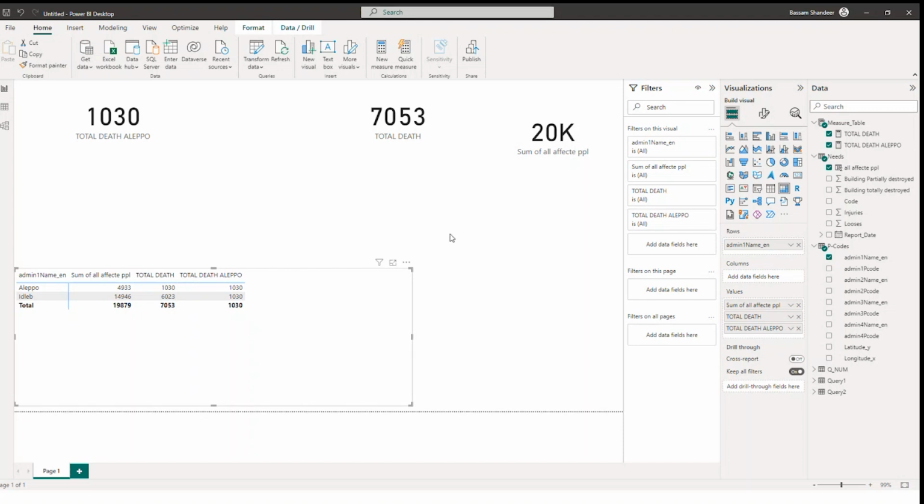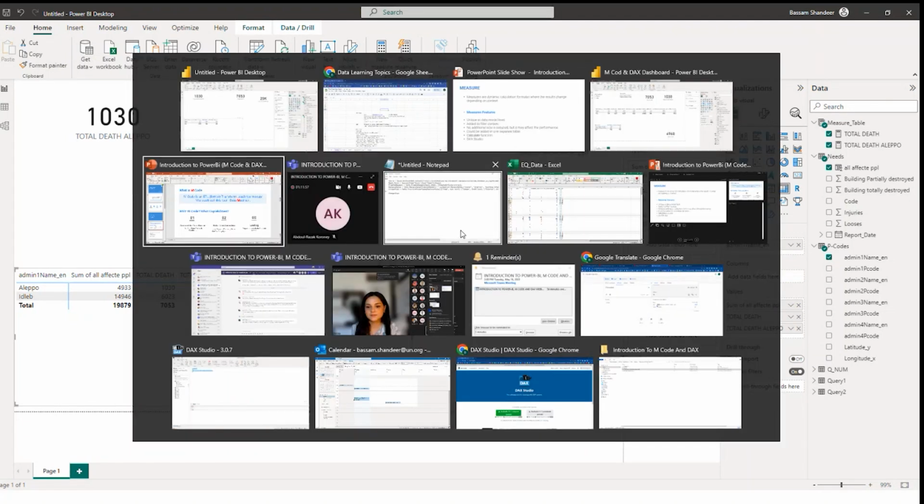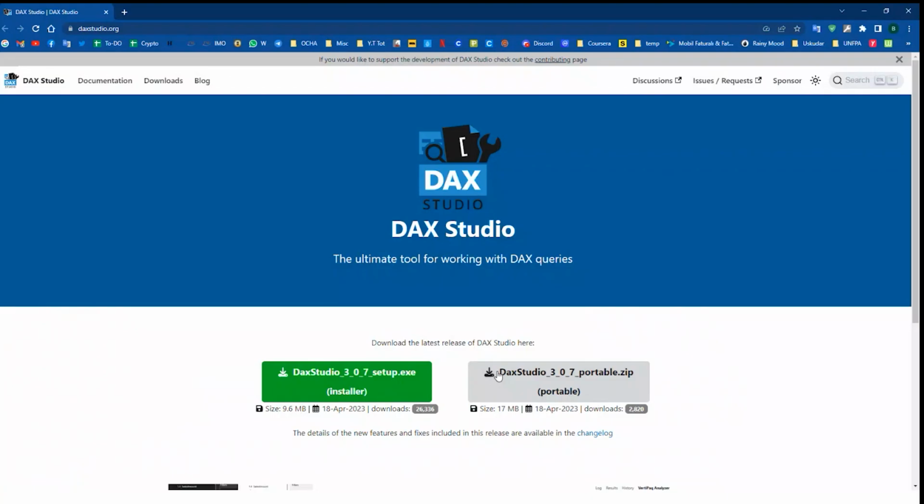Now, we will go to DAX Studio. DAX Studio is just this URL. This is an external tool we can use to evaluate our code. As you can see here, or you saw me minutes ago, in order to see the number and to evaluate my code, maybe I'm still building something, I need to add it as a visualization